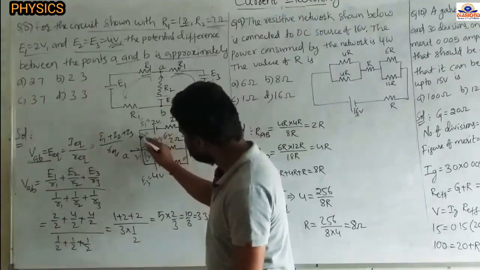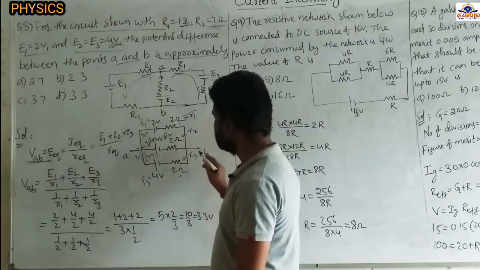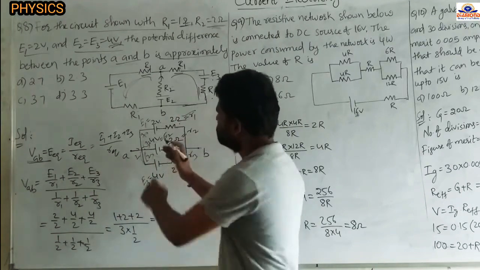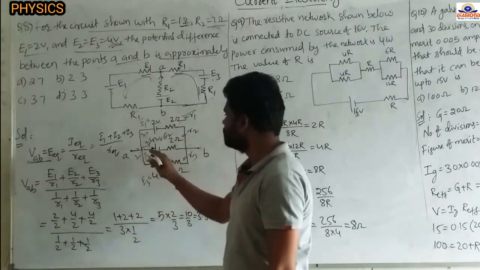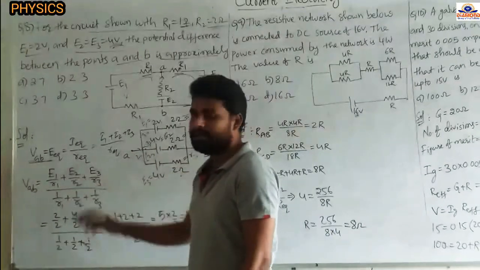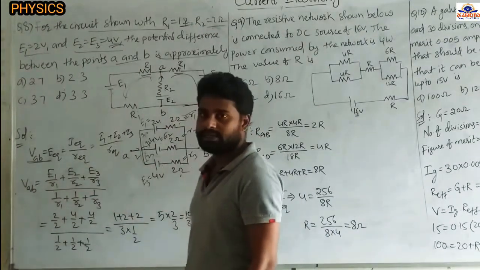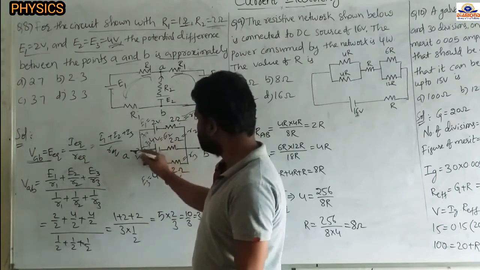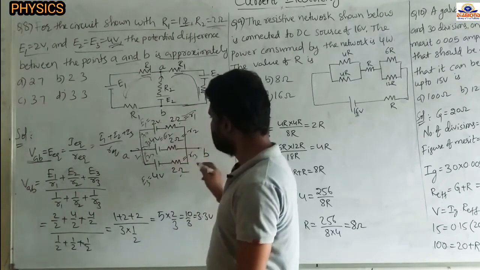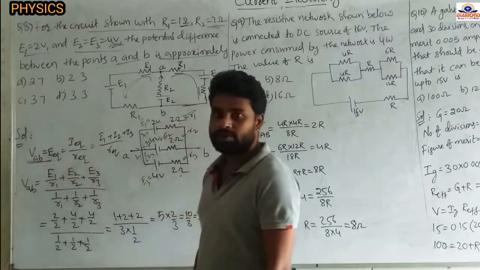Here all are connected positive at A and negative at the B terminals, so we are adding up. If one is connected with the negative toward A and positive toward B, we will take the minus sign there. Resistance values are positive only, but here the sign will be changed. Remember that point. All are connected positive toward A and negative toward B, so here we have the positive signs.